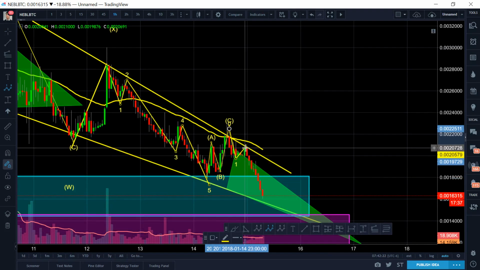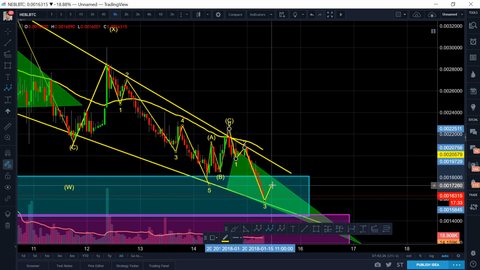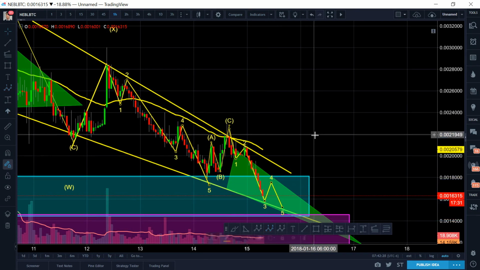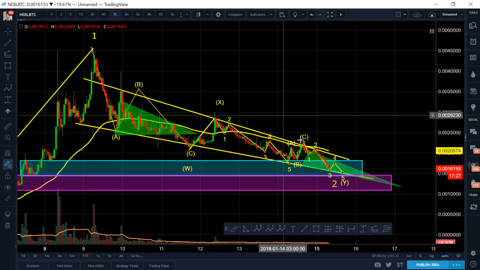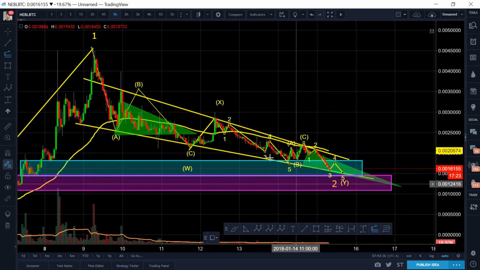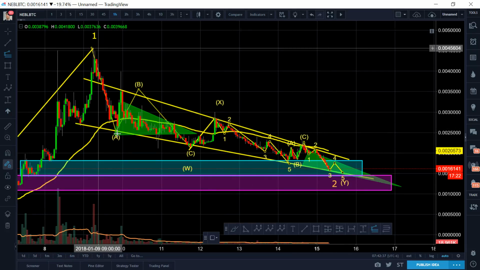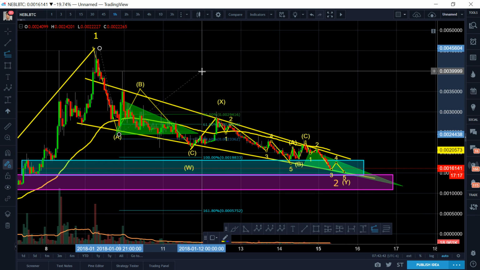1, 2, we still see it going down a lot. 3, 4, and 5. And we say to ourselves, hey, what did the other ABC come down to? Well, it was about the 618 Fibonacci level, okay? And we're going to say to ourselves, can this ABC come down to a 618 Fibonacci level as well? So this one,